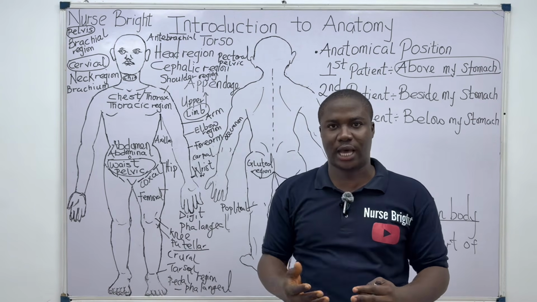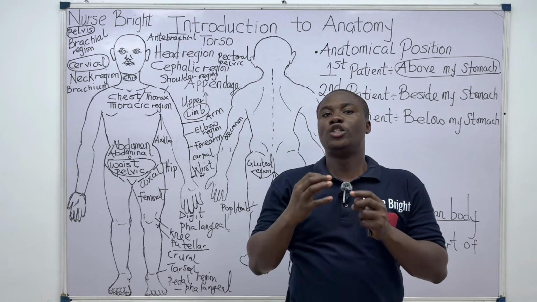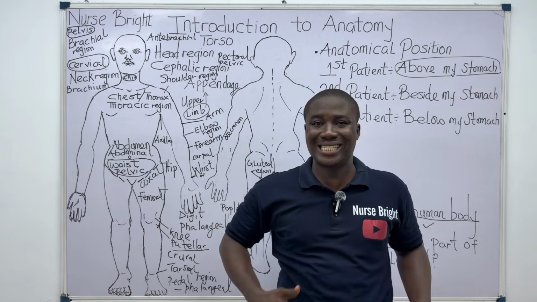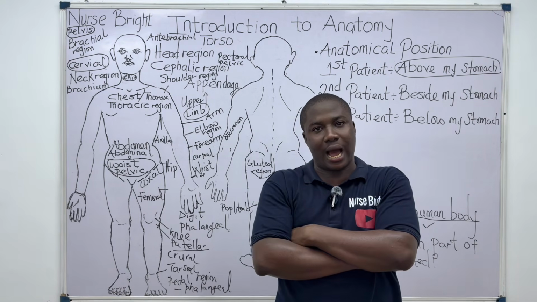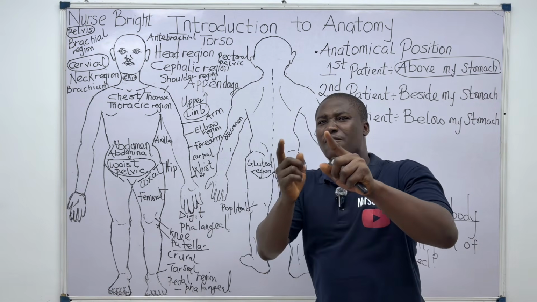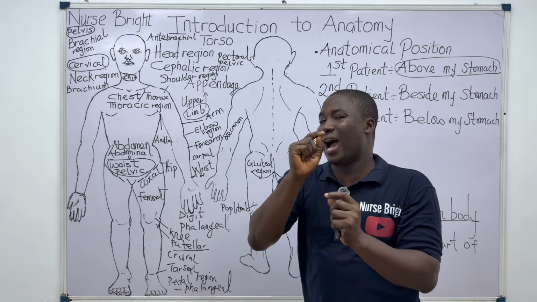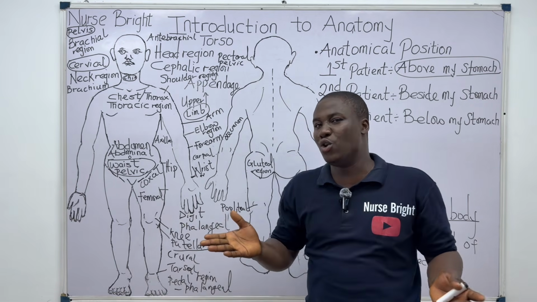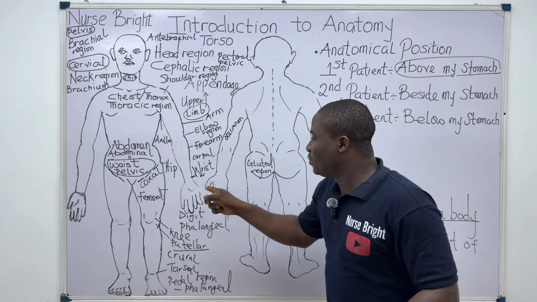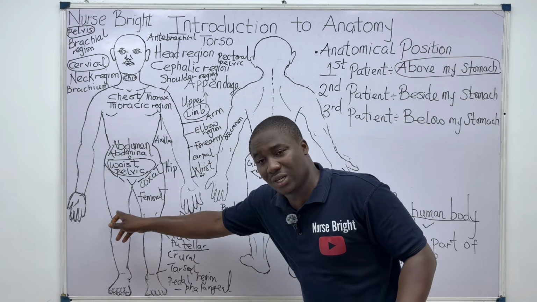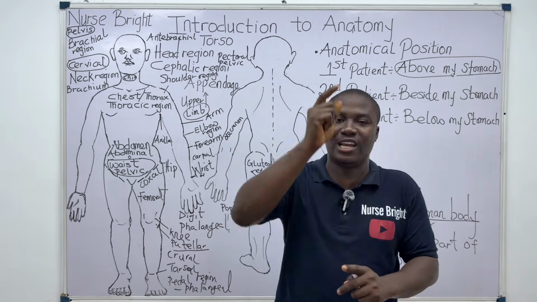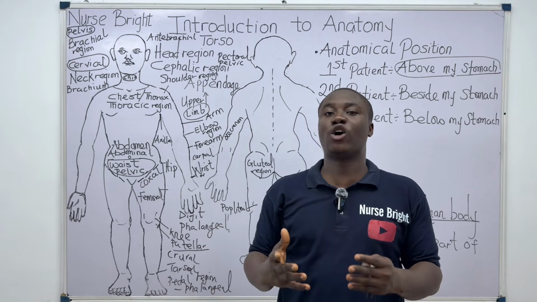Let us move further and note something very essential. Don't confuse the anatomical position with the position of a person standing. A person can be standing anyhow. We are standing now, and that's not anatomical position. A very key note about anatomical position is that the hands hang naturally by the side of the body, and the palm is not facing the thigh. This is the thigh. It must be facing forward, not facing the thigh. All these things are essential. So let us move further.